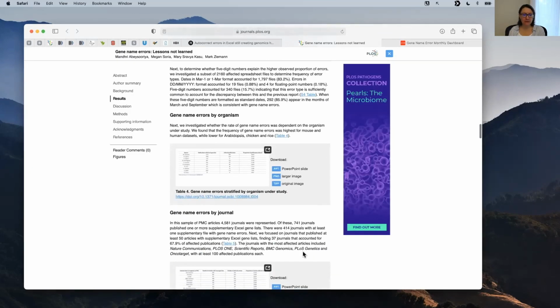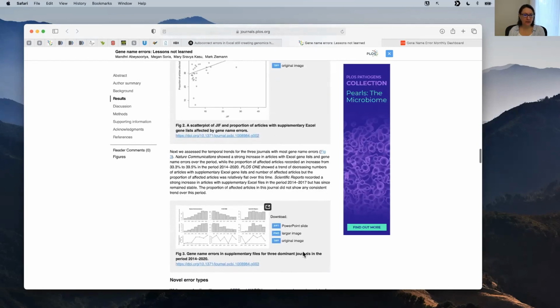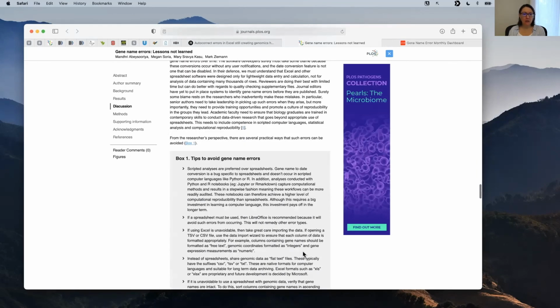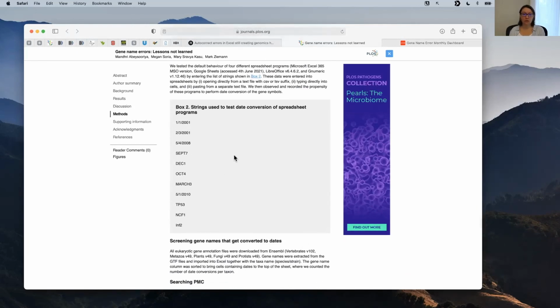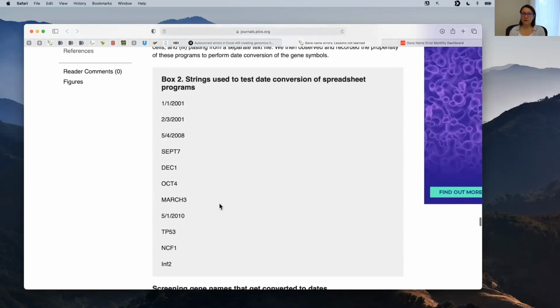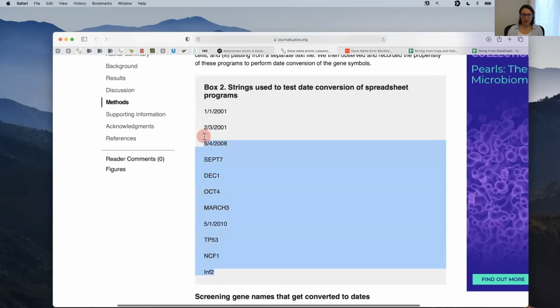Let's go down, and again, I won't go through all of this, but I want to show you one of the ways that they tested their software. This is what I also did with DataGraph. They have a set of strings that they specifically came up with to test how the software reacted to bringing this data in. So basically, you can test this out for yourself and see if you see this problem. I actually don't have Excel on my computer, so I've been using Google Sheets to test this out. But if you just take this